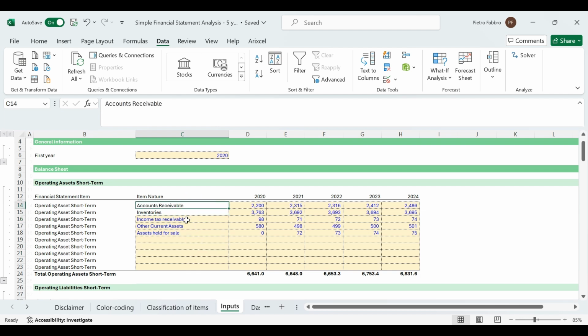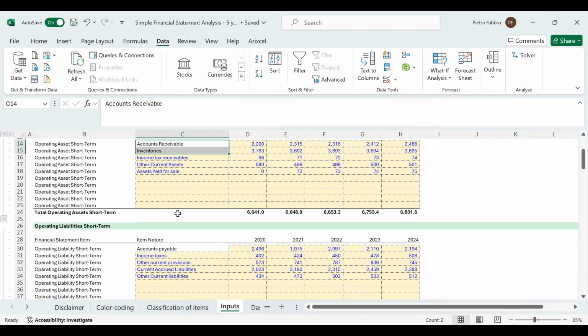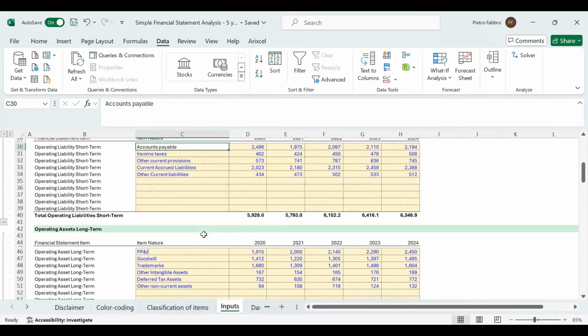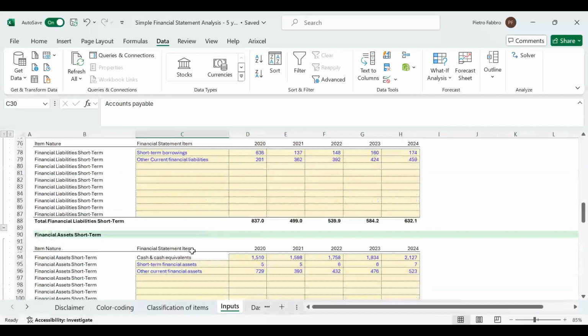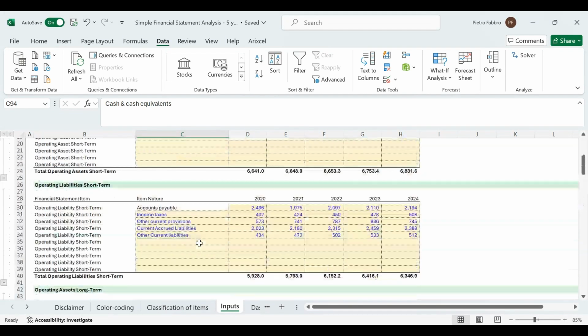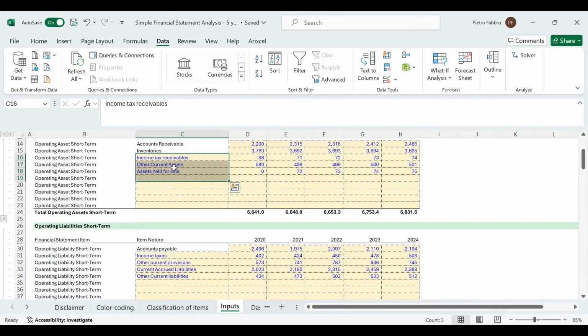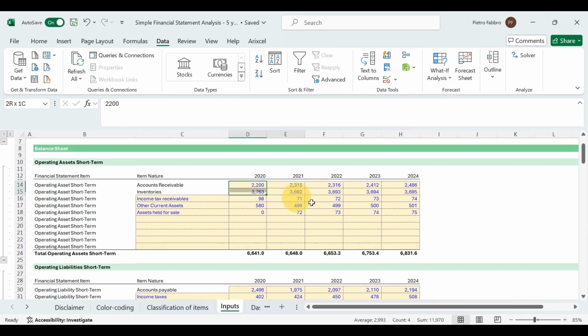As you can see, we have accounts receivable and inventory that are color coded not as an input cell, because we need them at the first and second place. So do not change this. Also do not change accounts payables and cash, but of course feel free to add the remaining items that you find on the financial statements in the cells below, and then the value for